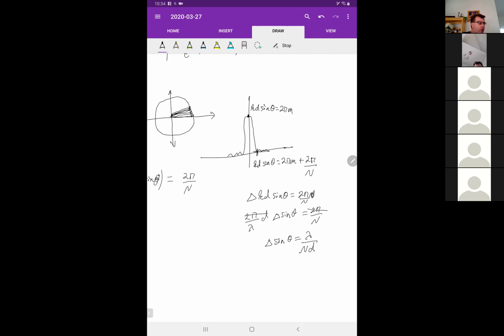These sorts of things show up a lot, by the way, in optics and wave analysis: the width of a feature in a diffraction pattern is inversely proportional to the size. Because if you think about it, last lecture I was saying that the small features in a diffraction pattern have a width roughly proportional to the wavelength of light divided by the slit spacing. And then I said that the large features have a width that's inversely proportional to the slit width. Well, now if you think about it,